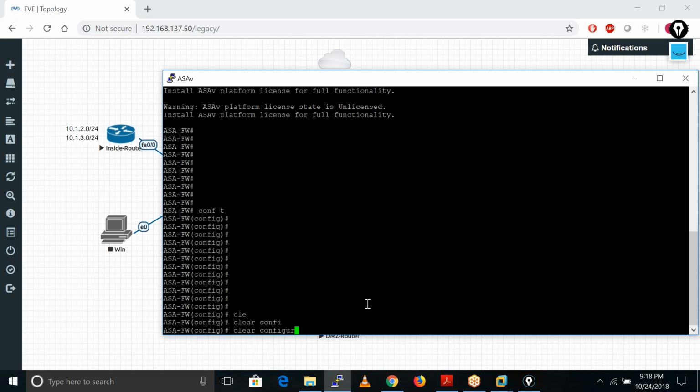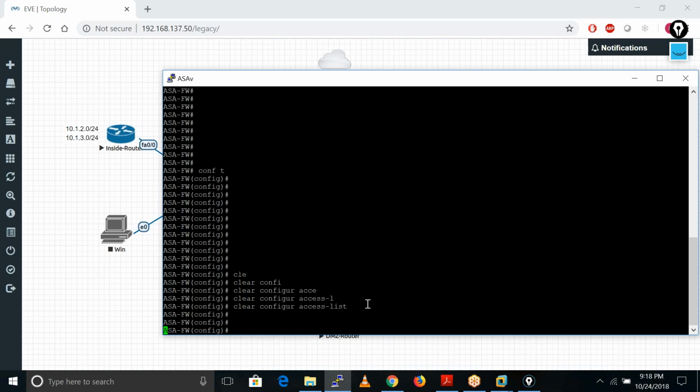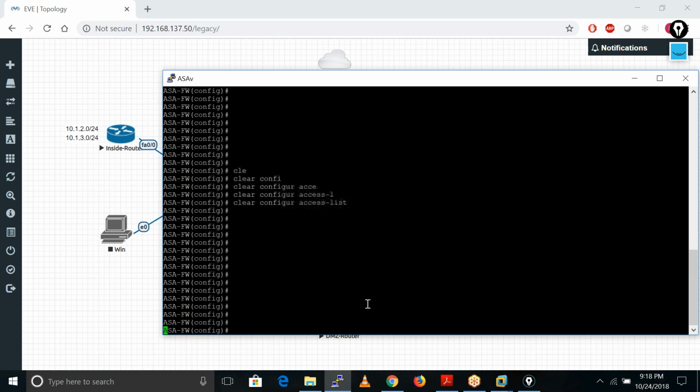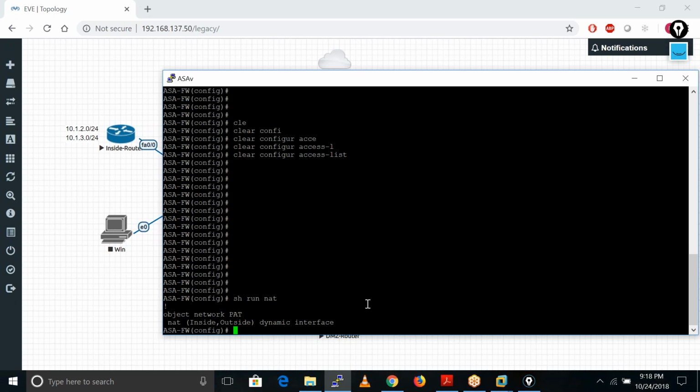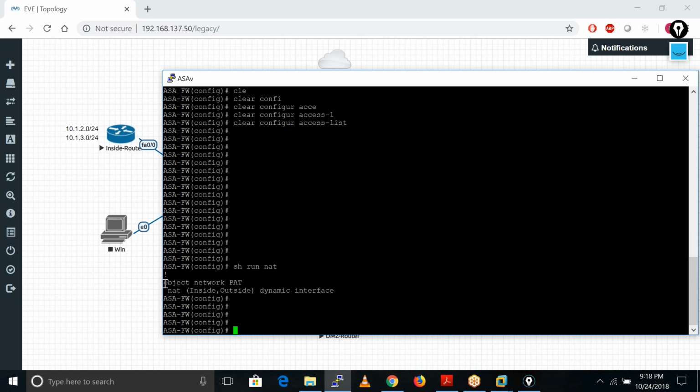Clear configure access list. That is the command for removing the access list. If I run this command, so run not PAT, so run it. This is the command, object network PAT. After that we can define this thing. So let me also clear configure.